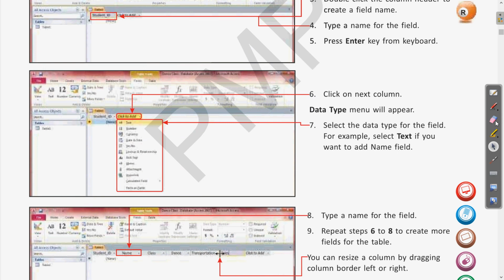Then the names of the different fields which we want can be edited by clicking on these different elements or the column headers. Clear? So this way the position, the name and different data types can be selected. Data type, we have talked about, is the type of field, meaning the type of values you are going to enter. So suppose you are entering a name, you can select the text data type. If you are entering any number, for that we have the number data type. Clear? So these are the different data types which are required to be selected from here.